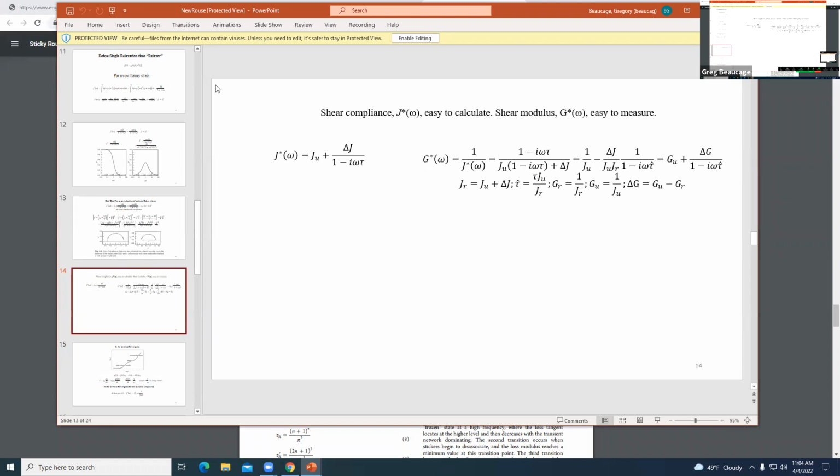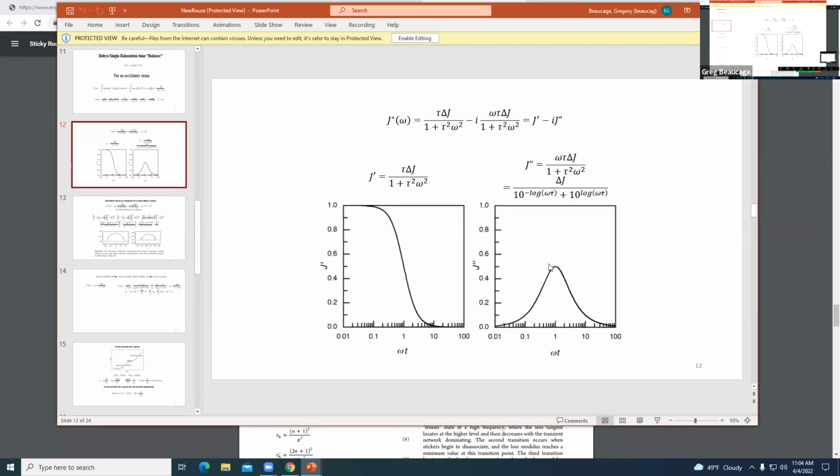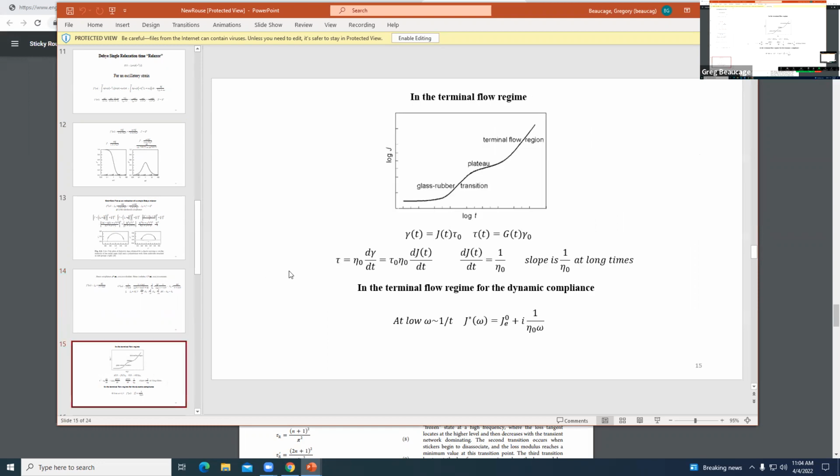So you get these same plots. You can get the Cole-Cole plot, the same thing, but this peak will be in a different position, because this should be omega times tau. So this one would be at a different frequency, depending on whether you use compliance or modulus, because of that factor. Then that gives you the thing I showed you before, that you can get this universal